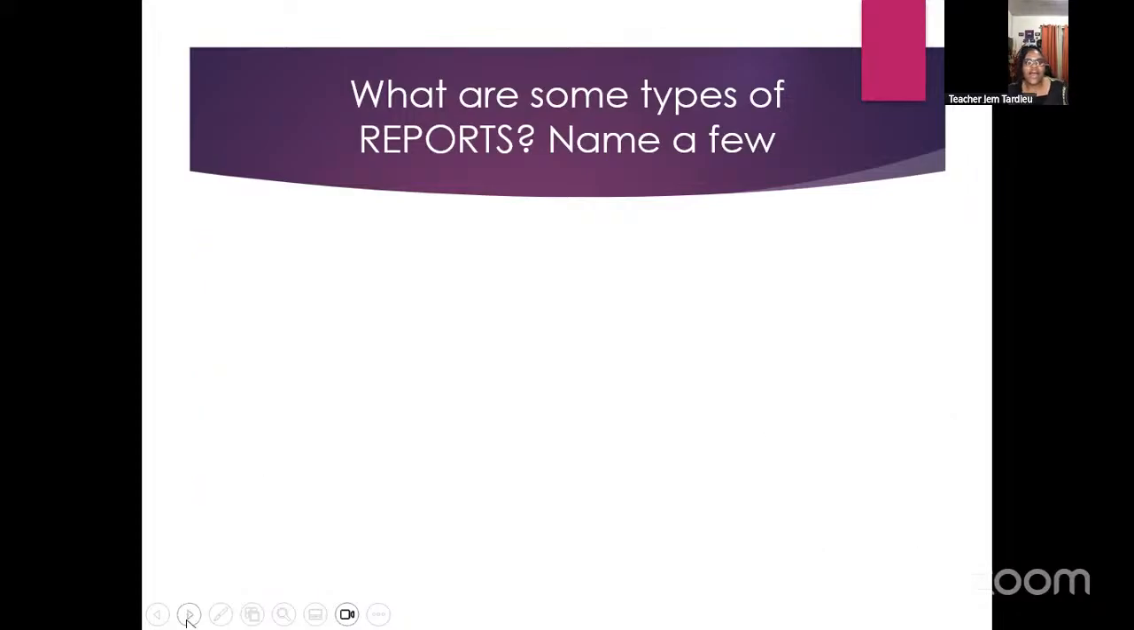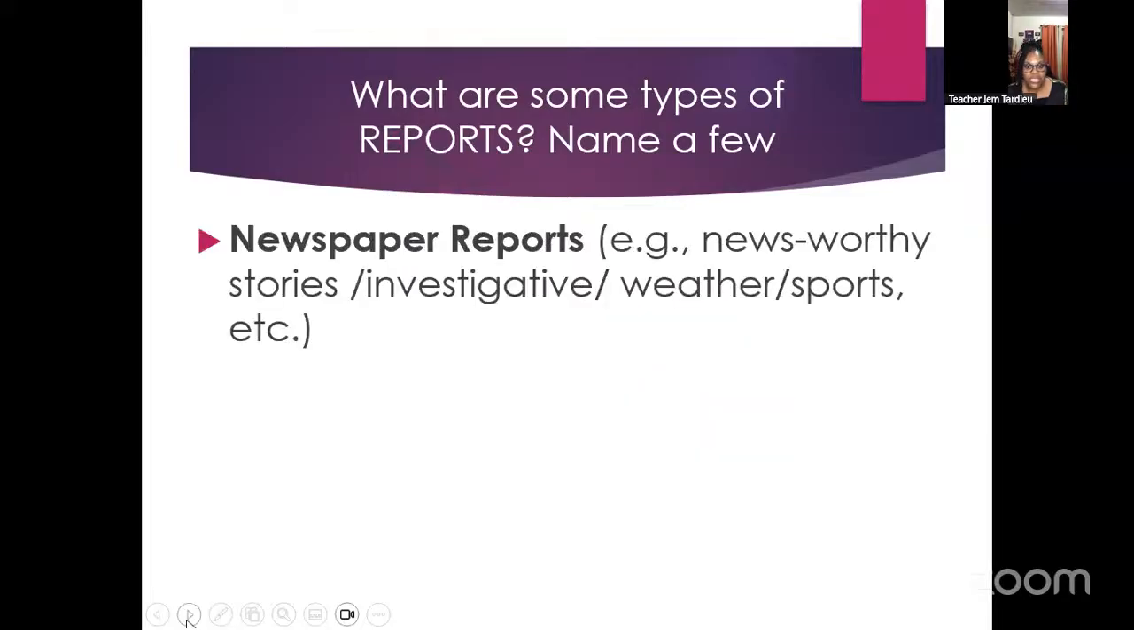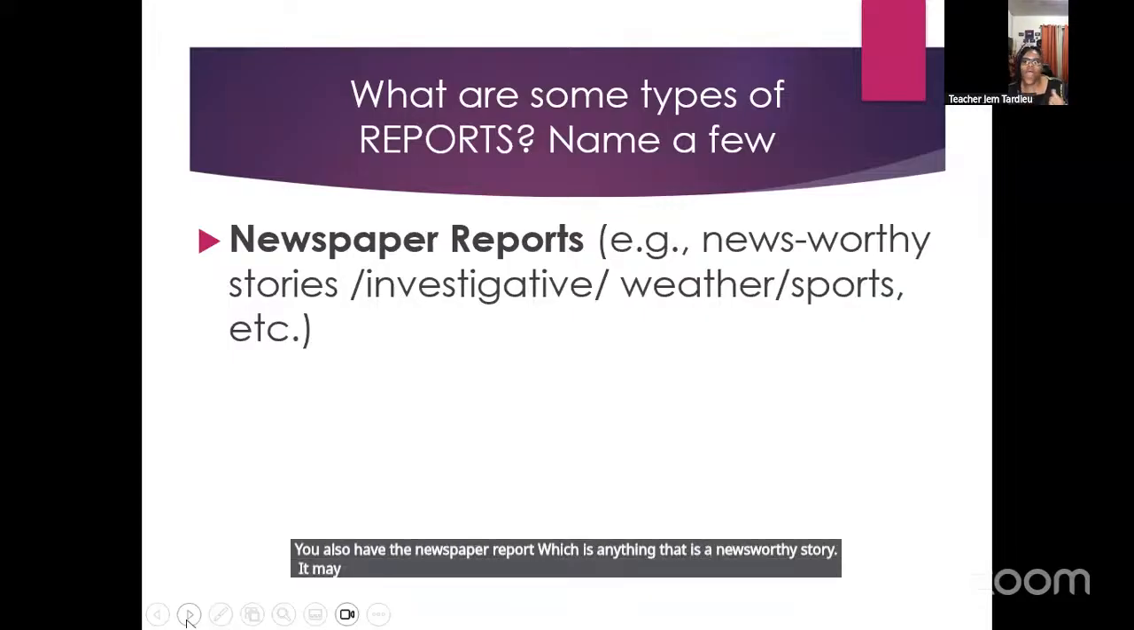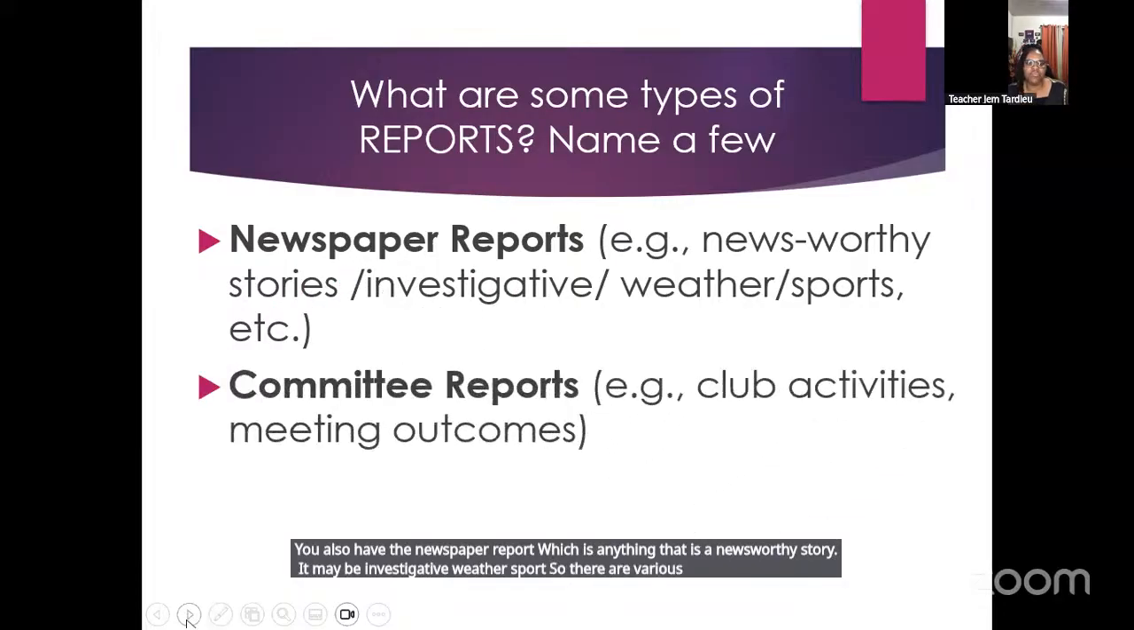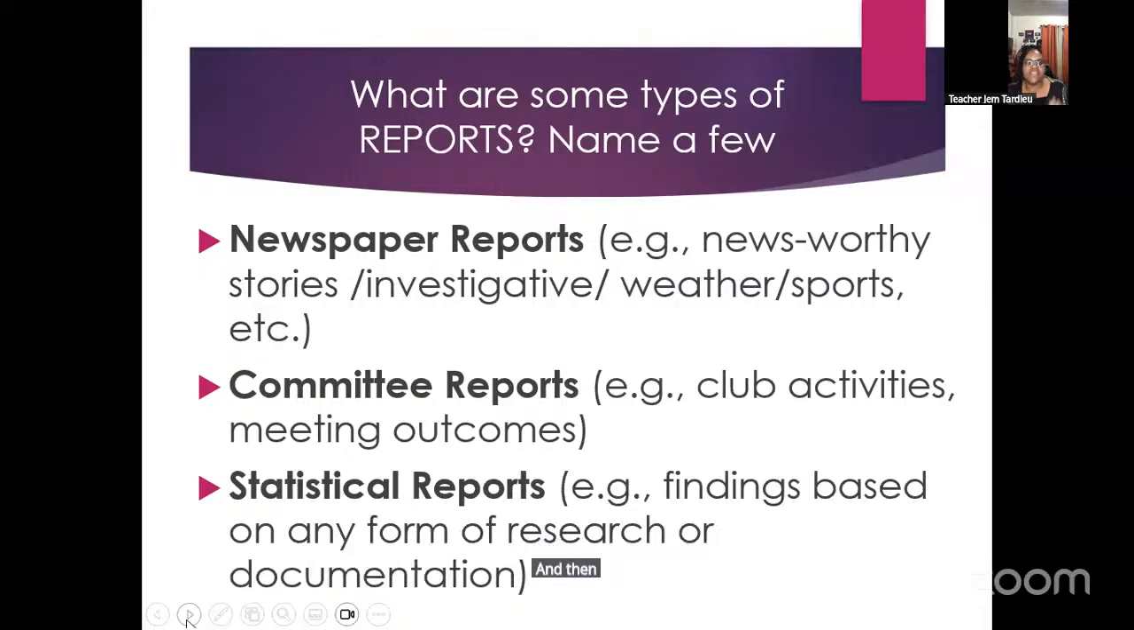We also have the newspaper report, which is any newsworthy story. It may be investigative, weather, or sport. There are various types of reports, like committee reports, and some of these you may not get for CXC, but they are lifelong skills. And then the last one is the statistical report, which